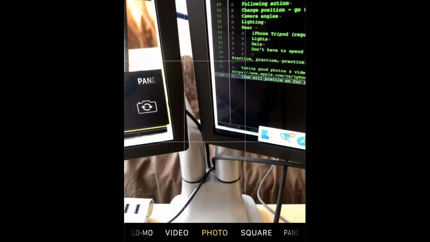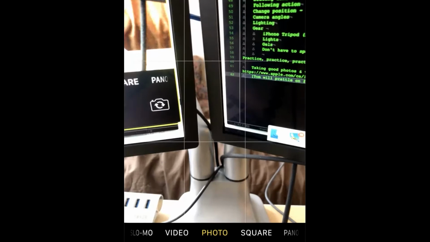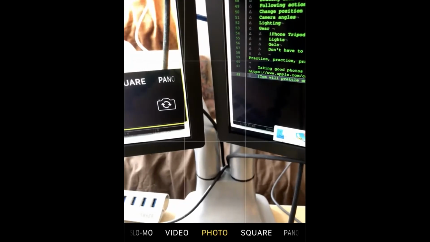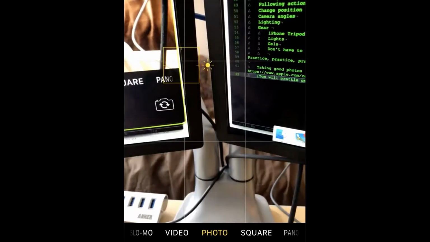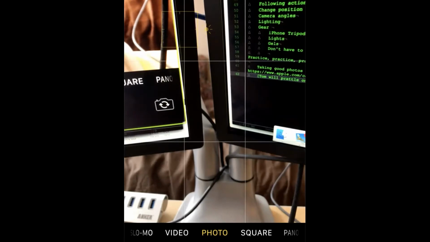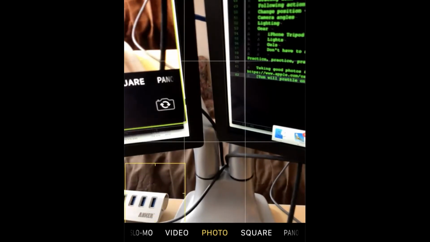Right. So the next thing we're going to talk about is exposure control. Whenever I click on this, you've probably seen this when you're trying to take a picture of yourself and you click somewhere and you get this little rectangle that appears with a sun beside it. So I'm going to say I want the focus down here. Now you're going to see AE/AF lock, which is auto exposure and autofocus lock. It means that the exposure and focus are now locked on this little widget right here.